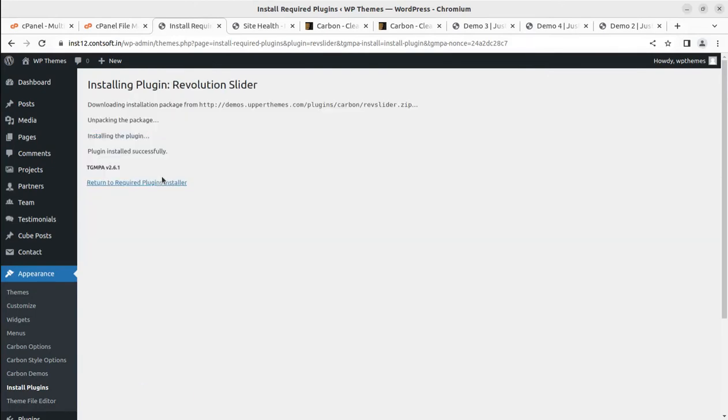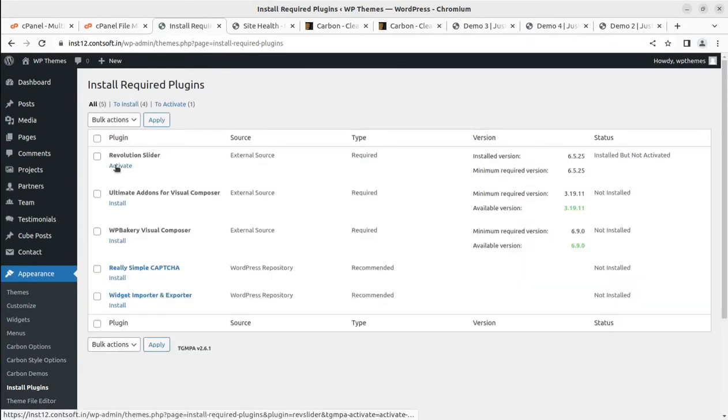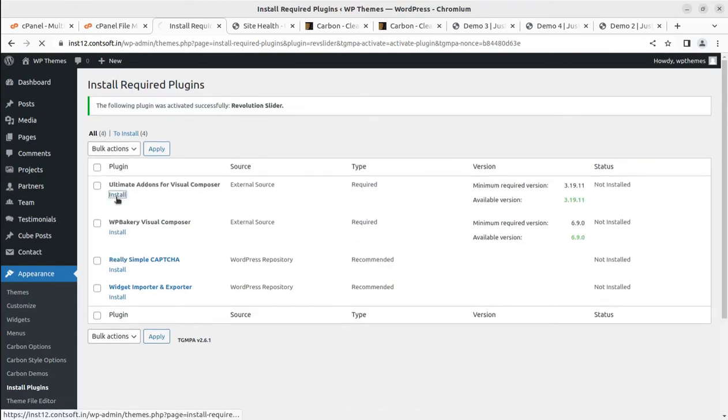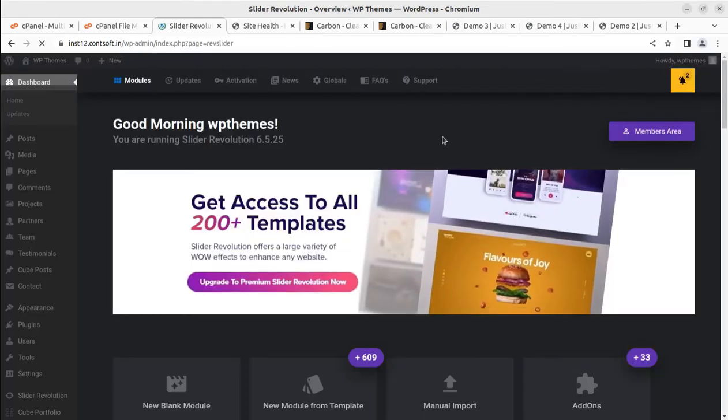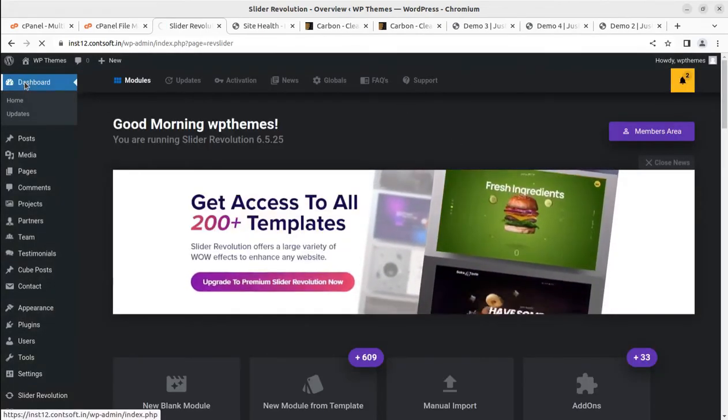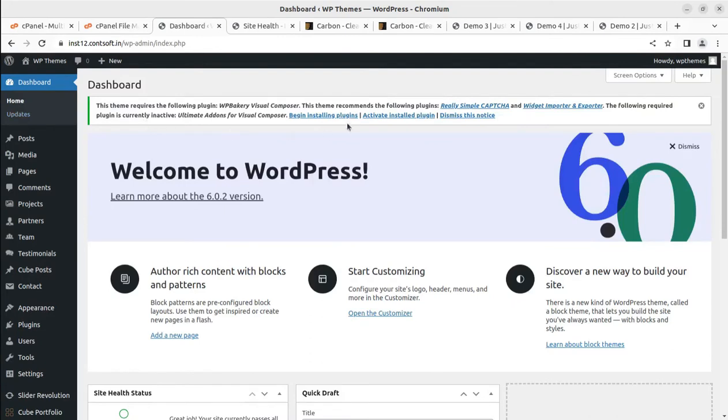Deactivate and delete that plugin. As I said, you don't need to keep any unused plugin in your installation. It is very important. If you are using fewer plugins, your website is going to be more stable, and you need to work less on updating these plugins. So just be careful, just keep those plugins in your installation